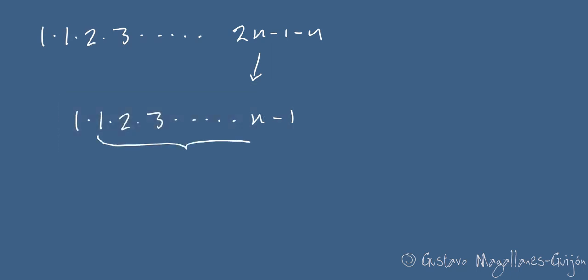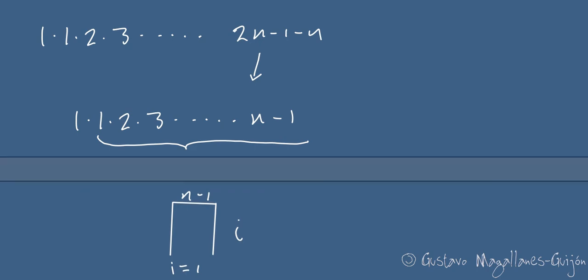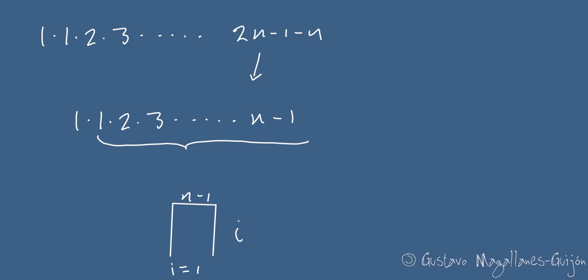In this part, we have a product of consecutive numbers, the product for i equal to 1 to n minus 1. In this part, we have n minus 1 elements,